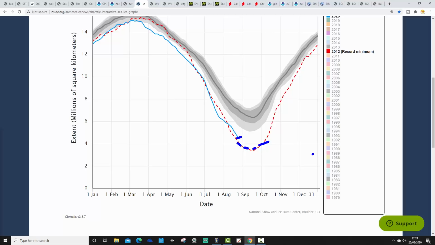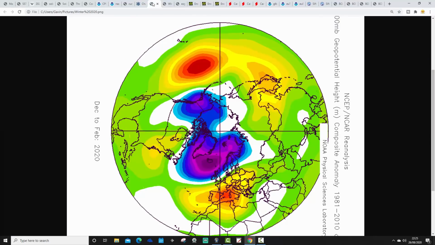And so we'll be answering in the next couple of weeks. It's going to bottom out through the early part of September. So we'll be answering whether this blue line goes under 2012. Does it go under 2012 and we get a new record minimum for Arctic sea ice extent? Or does it stay above 2012? That will be answered within the first couple of winter updates as well.